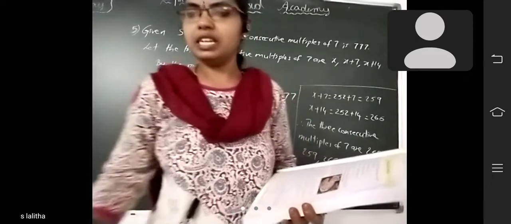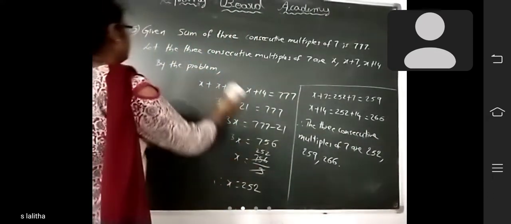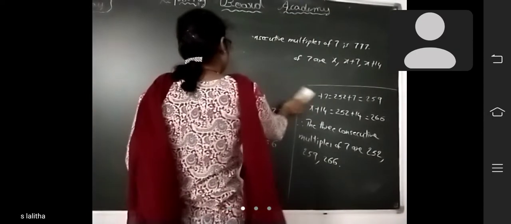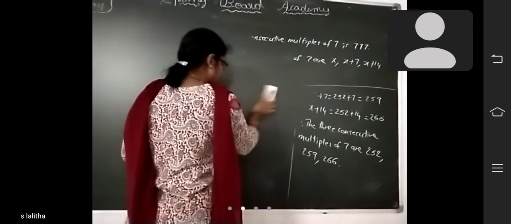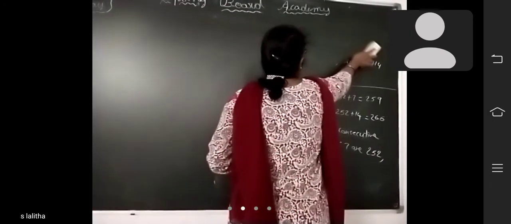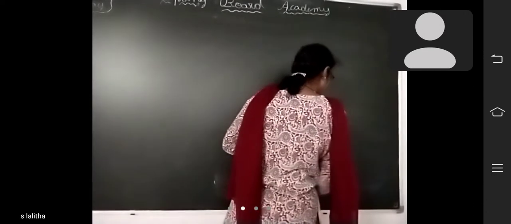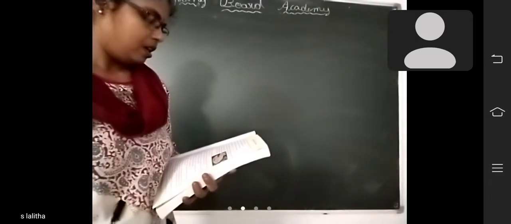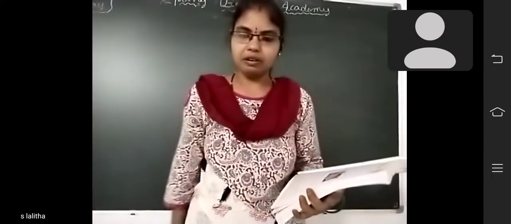The whole journey is 70 kilometers. In that 70 kilometers, the man walks 10 kilometers, and the remaining kilometers he traveled by train and by bus also. He traveled 10 kilometers by walk and the remaining by bus and train. Here you have to find how far he traveled by train. You have to find that.